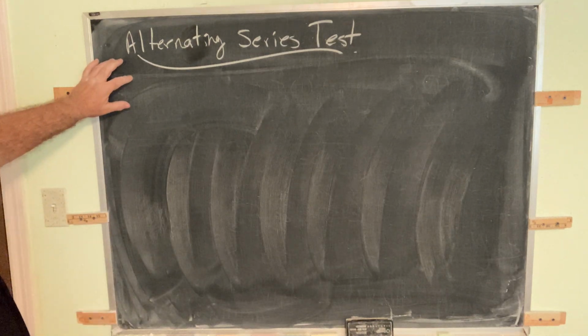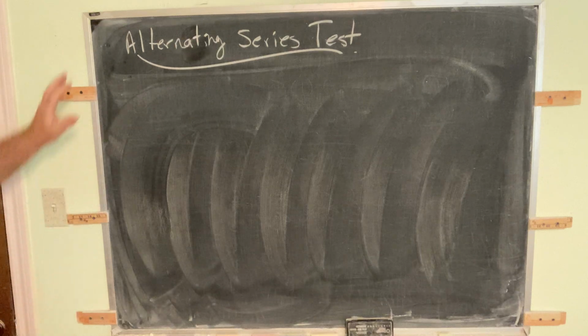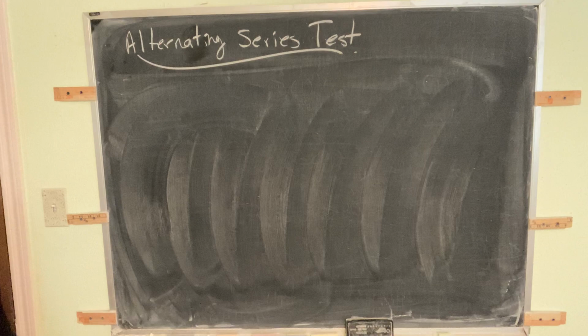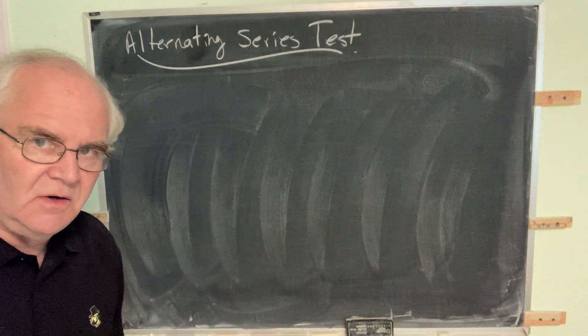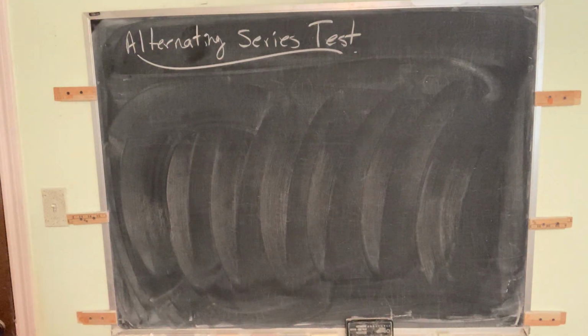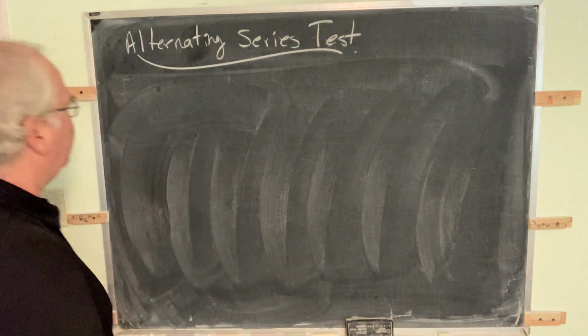The next test we consider is called the alternating series test. And it might be surprising, but it is in fact the case that the alternating series test is typically used when you have an alternating series. And so yes, the alternating series test applies when you have an alternating series. So it says